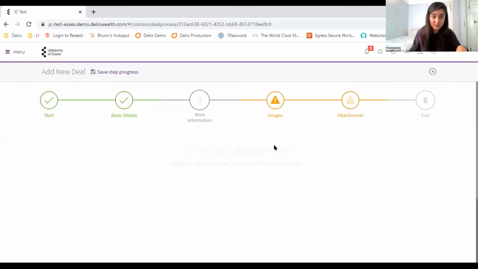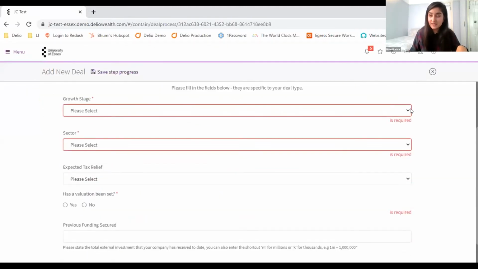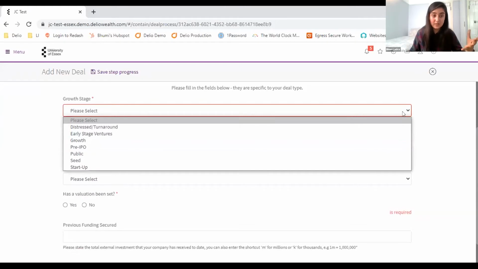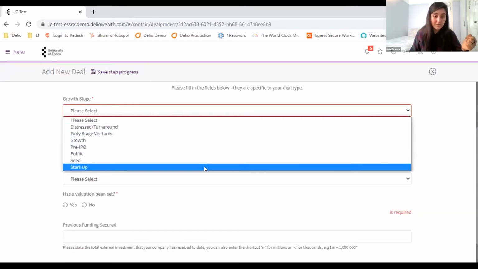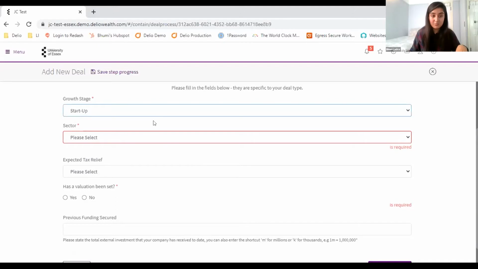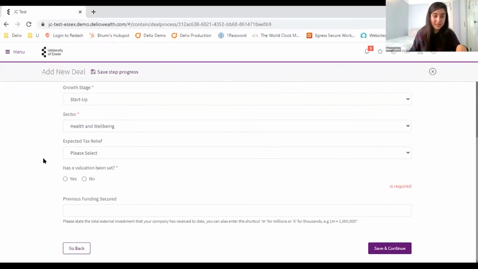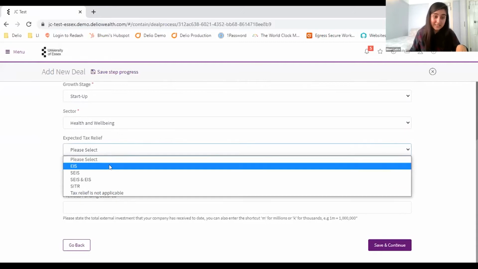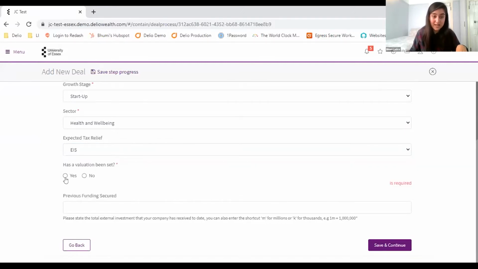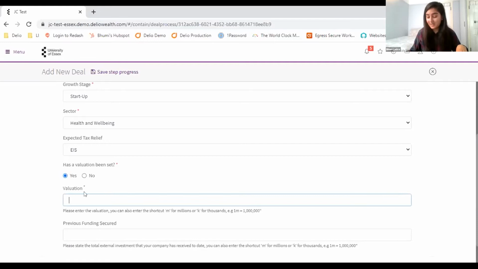So let me just go back onto more information and click here, and I get a drop down list of the options. So startup, it's in health and well-being. There is tax relief, it's BIS applicable, and previous valuation set was 500.